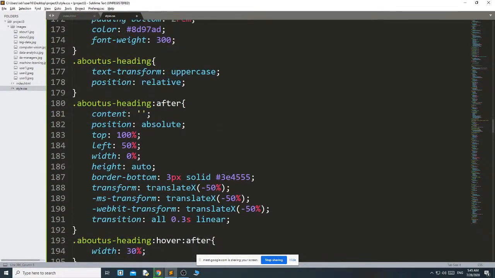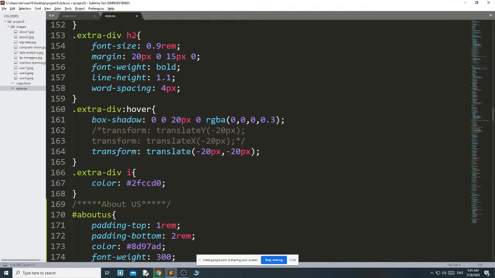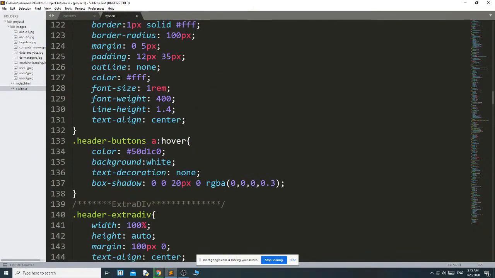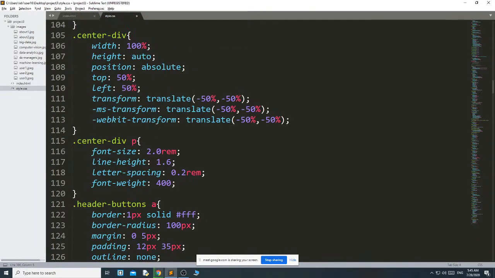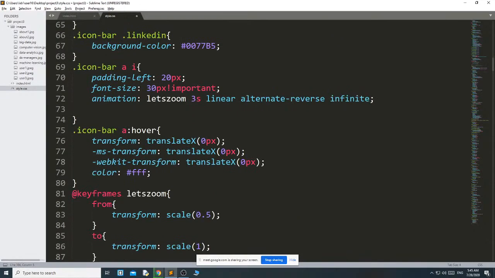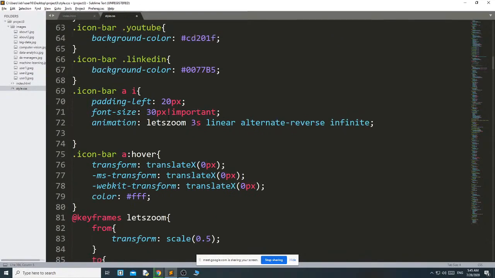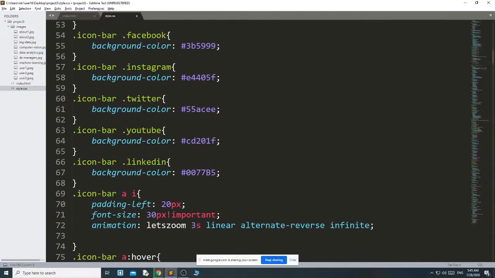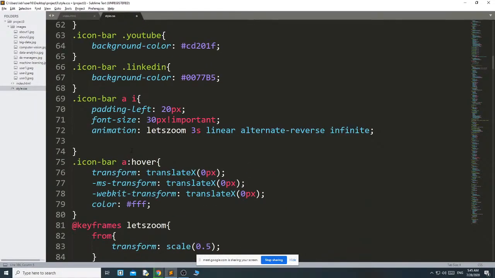About snow, like here. Icon bar, okay, no, the icon color is here.